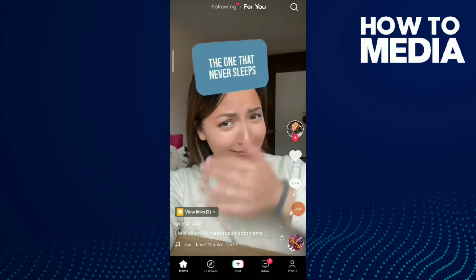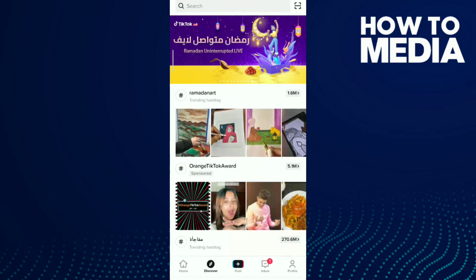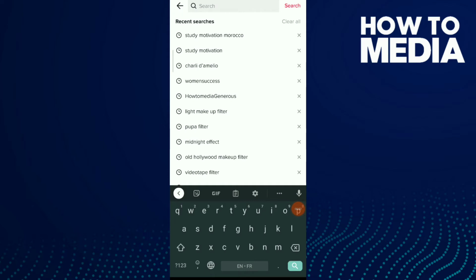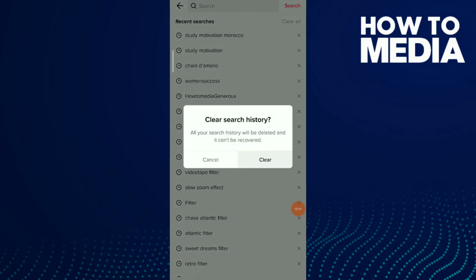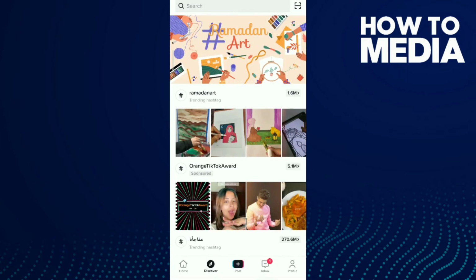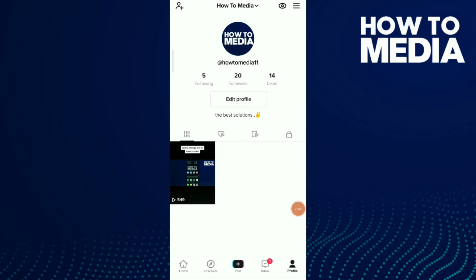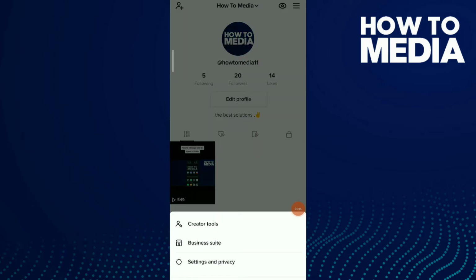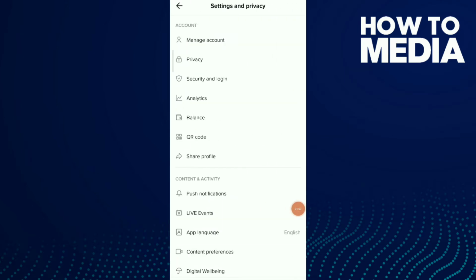The first thing, go to your Discover and click on the search, and now clear all your search. Clear. Now the second thing, go to your profile, click on those three buttons, click on settings and privacy, and